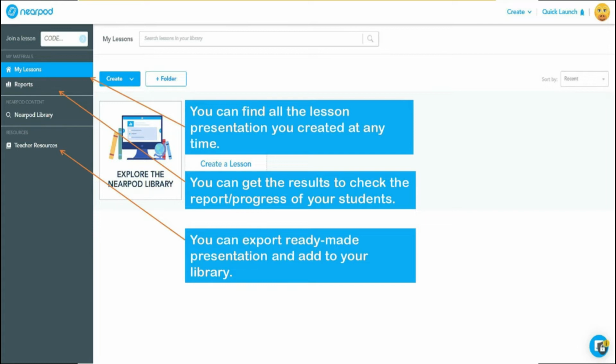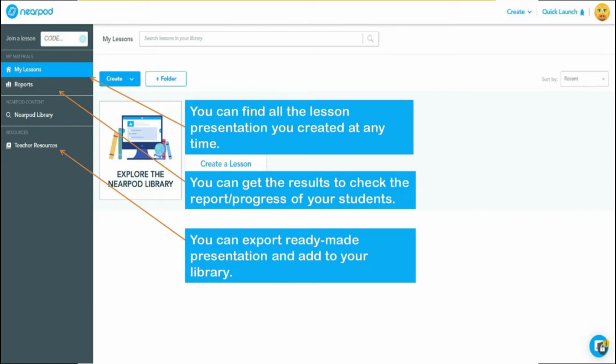Then we have the last thing on here, that is your teacher resources. This is, as I gave you an example, across all subjects and across all grades. So there are resources which are made by other teachers and put up. They keep sharing these resources in the Nearpod lessons for free. There are a few paid ones, of course, and there are mostly the free ones